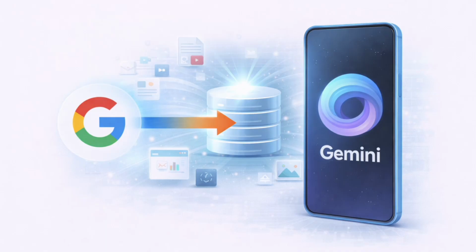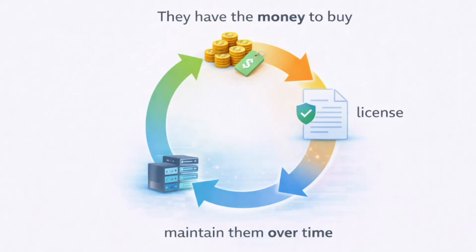They might have their own massive data sources, like Gemini uses Google's data, OpenAI uses a part of Microsoft's data, or they might have their own money to buy, license and maintain them over time. Now if we come to mid-sized companies, the risk is a little different. If they even think of building a foundation model, they have to go all in, no backup, no option, nothing. If it fails, and mostly it will, there's no second chance.